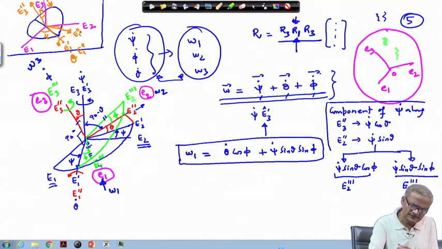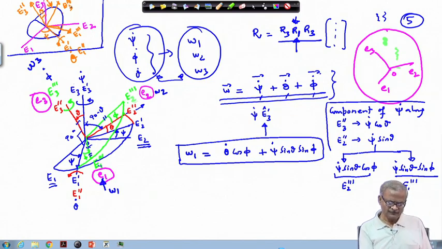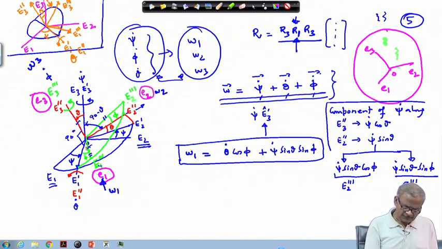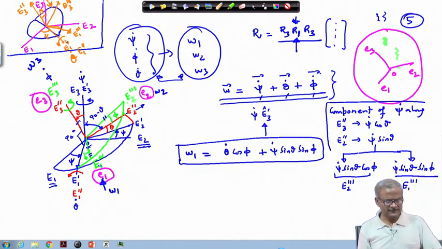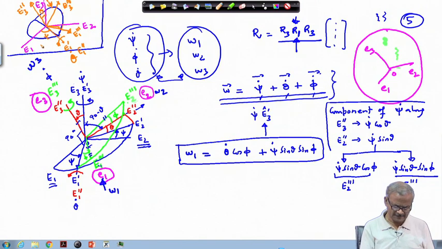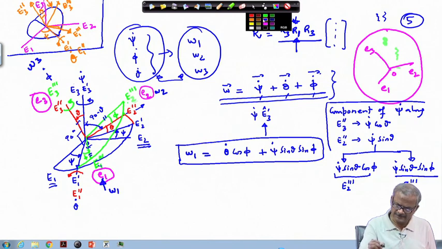So, this is E 1 triple prime, and E 2, which I have not shown here, there will be E 2, then E 2 prime, and E 3 triple prime. So, E 3 triple prime will lie along this direction. This line is particularly called the nodal line. Okay, we will take up this figure separately to make it more evident. Here the space is less, but let us first work out this particular part, otherwise on the next page again I will have to refer to this page again and again.